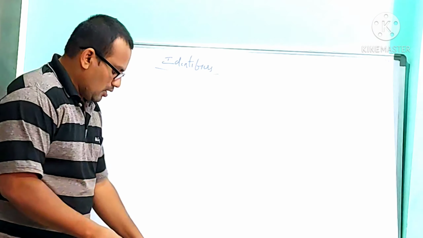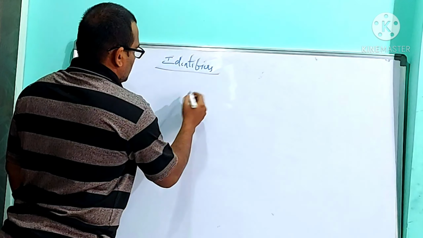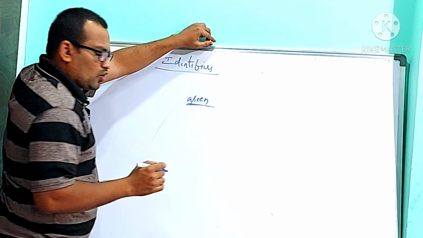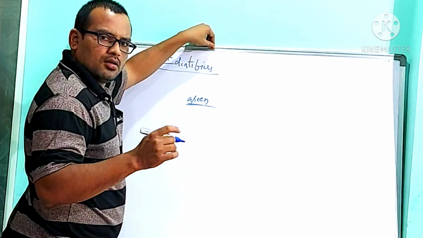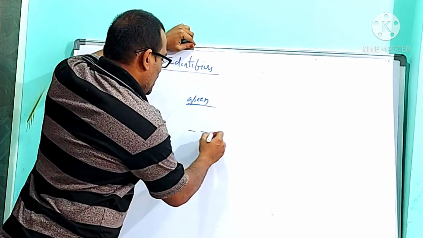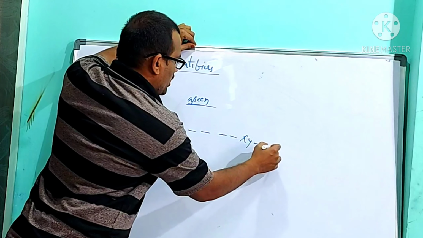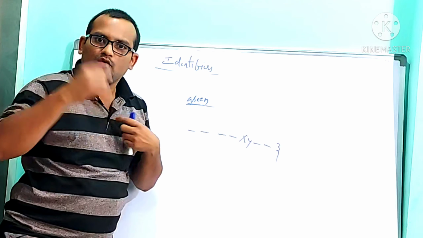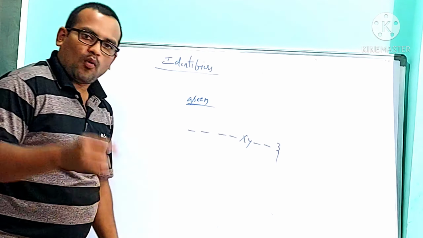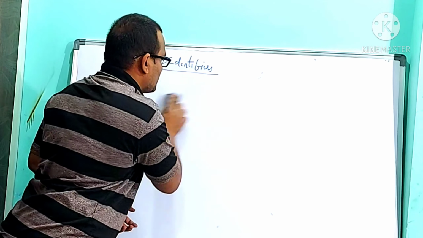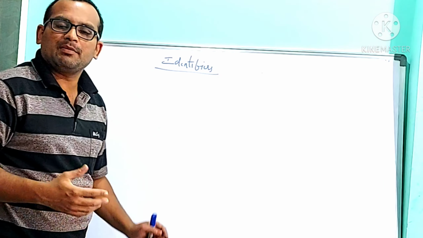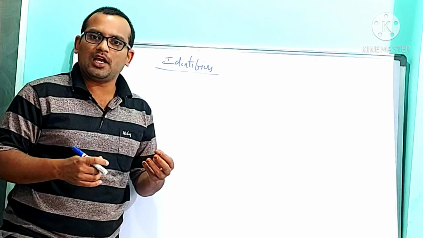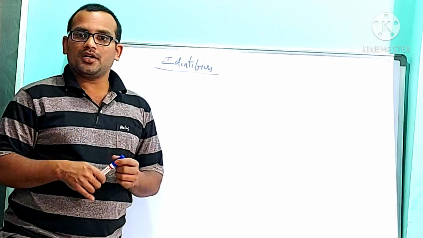Correct. Suppose my name is Asin. Correct or not? So is it possible to use my name as dash dash dash dash x y dash dash z like this? No, because while giving names to users, we are following some conditions like that. While naming identifiers, it may be variable name, string name, array name, structure name, union name, we need to follow some conditions.